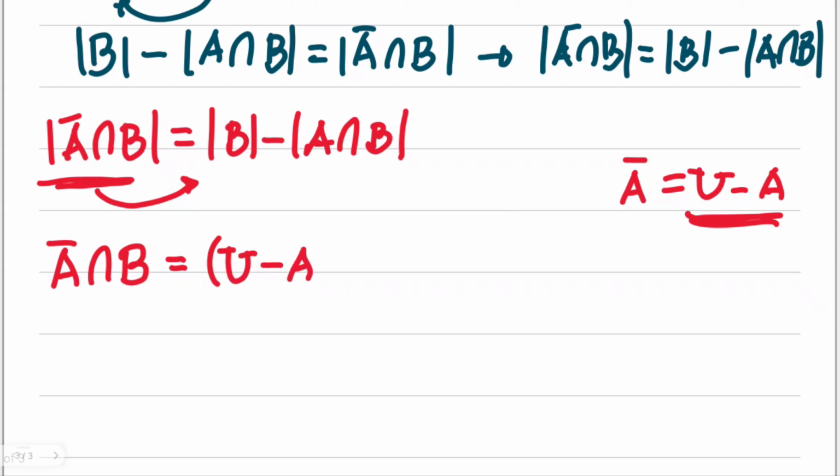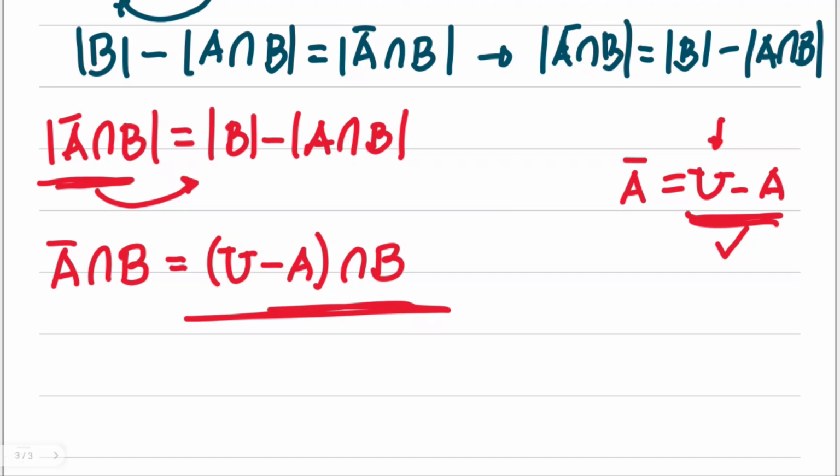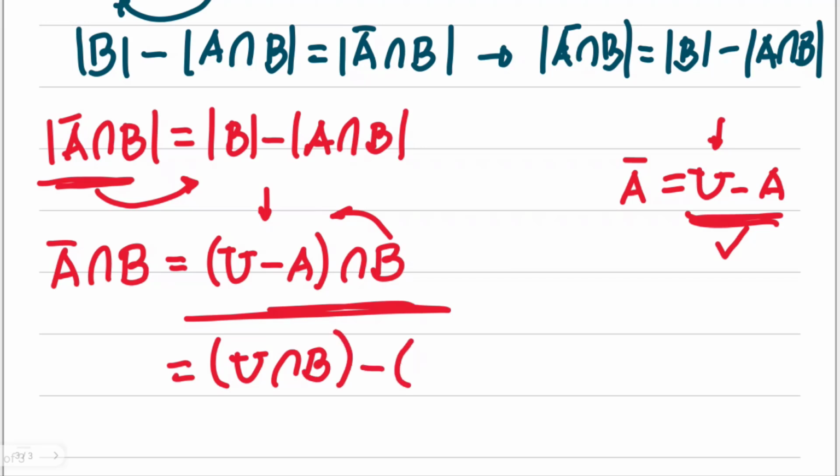By the way, other notations for minus is this one. Okay, so it's just the same. Intersection B. I'm just substituting the notation for A complement with the use of the existence of our universal set. Now, there is an identity or property for sets that if we want the difference of two sets here, and the result of that is taken with the complement of another set, we can actually distribute that here, stating you will have the universal set intersection B minus A intersection B. Okay, by distributive property.